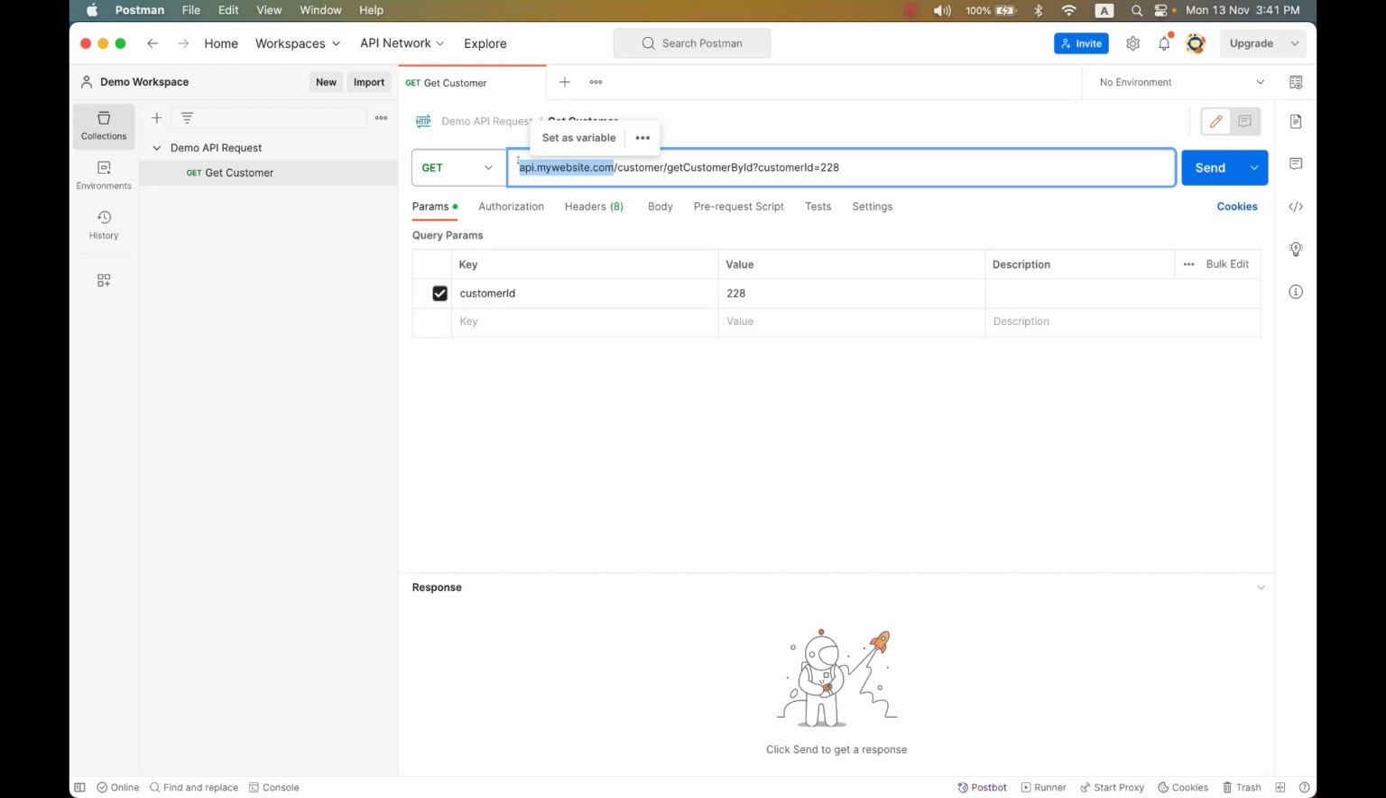So it is very simple, you just have to follow a few steps to create the environment variables. The first step is to copy the value of your environment variable. So I will create the base URL of my request in the environment variable. I have to copy this text and then click on the top right icon, which is an environment quick